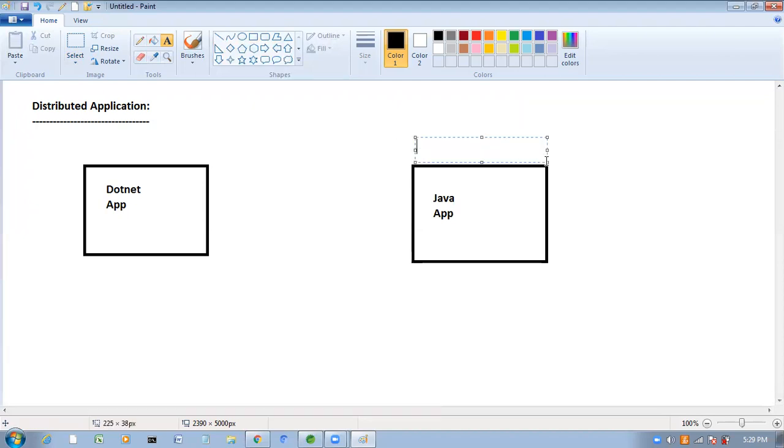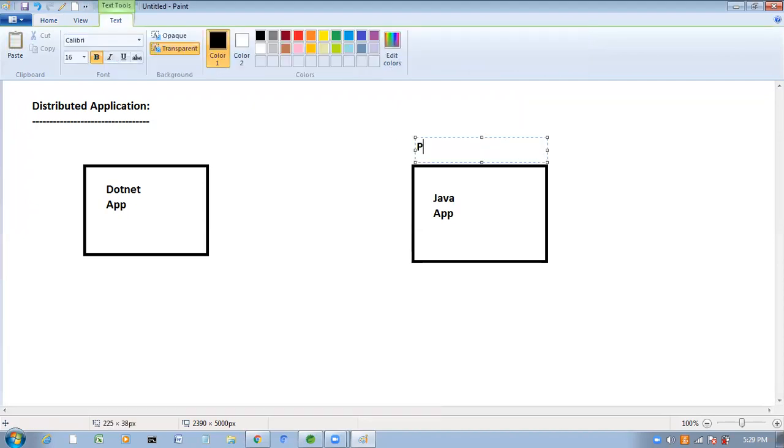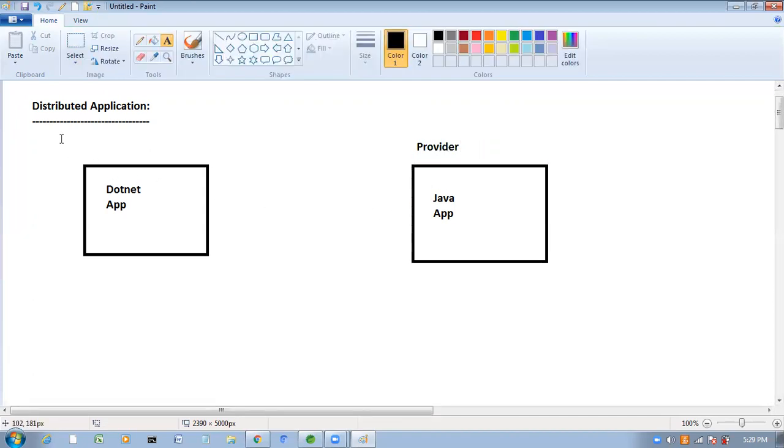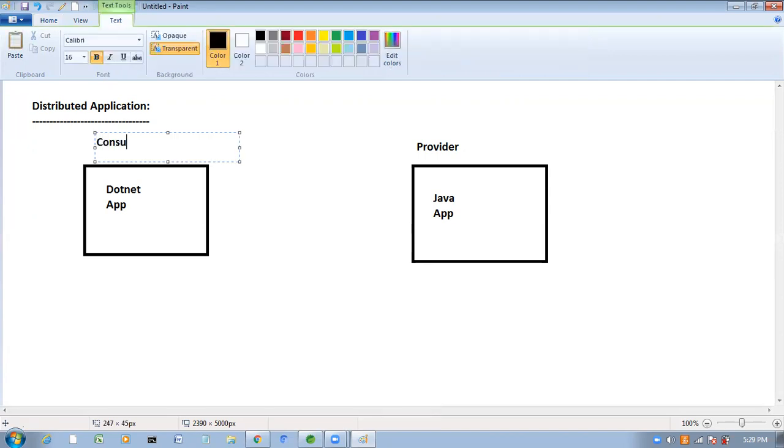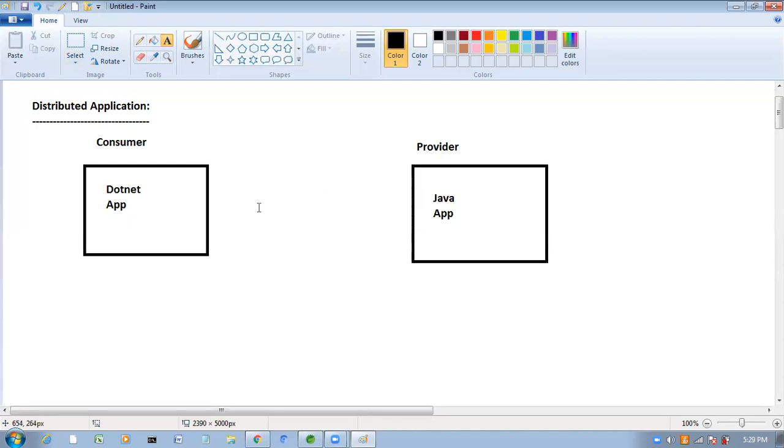This Java application will work as a provider application, and this .NET application will work as a consumer application.